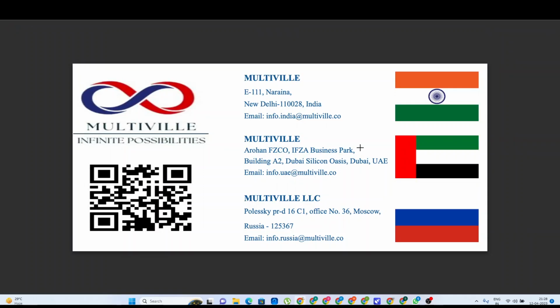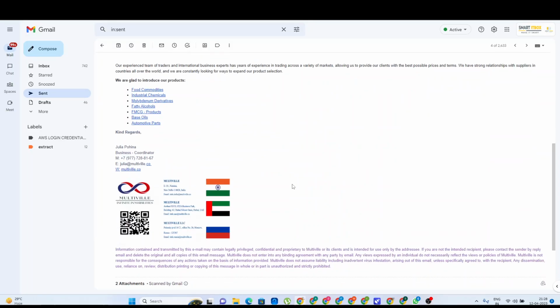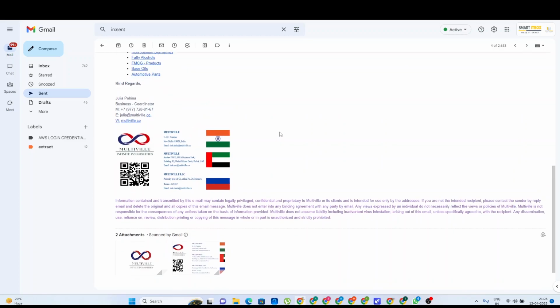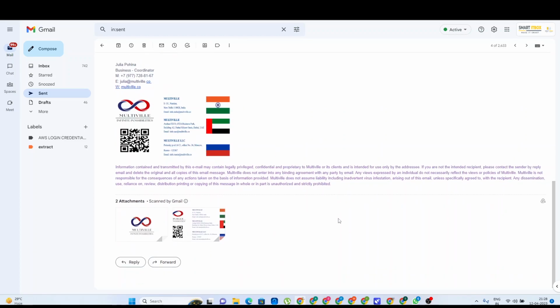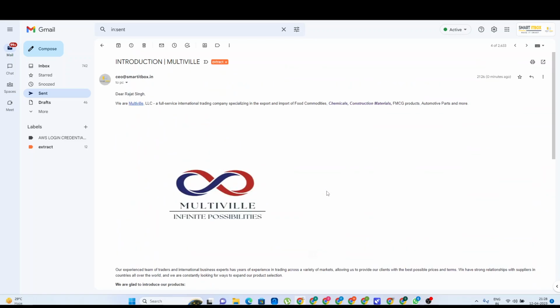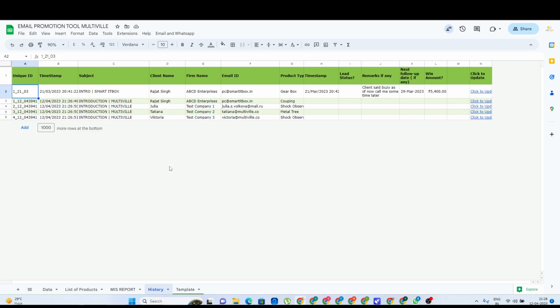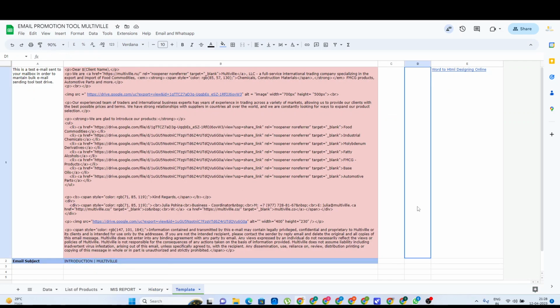Exactly. So guys, it's all about the content, how we can define a template. And the same way you can see the signature image is also mentioned at the bottom, as well as the commercial details that we have defined. So guys, this is all about the email promotional tool. How can you create a template from plain text to HTML, so that any concerned person will get the email that must be a